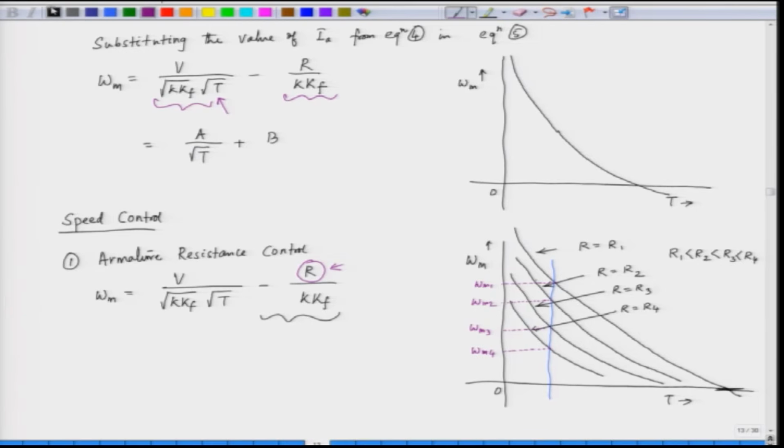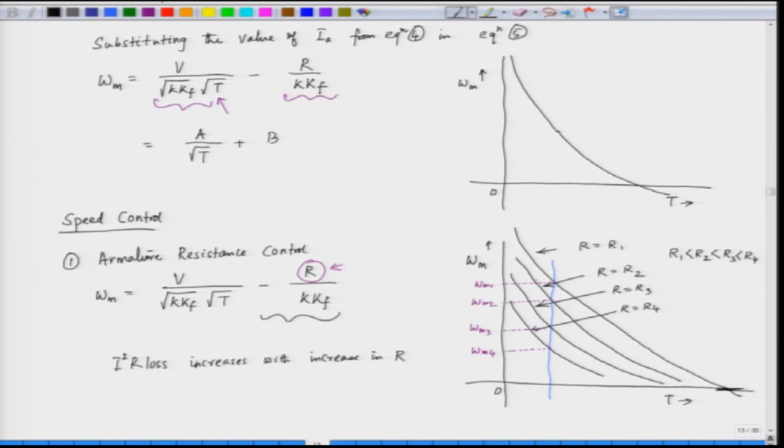So, this is very easy to have a rheostat in the armature circuit and change the rheostat, the speed will change. But what is the drawback? The drawback of this method is, as before, high I square R loss. So, the disadvantage of this method is the following, that I square R loss increases with increase in resistance.